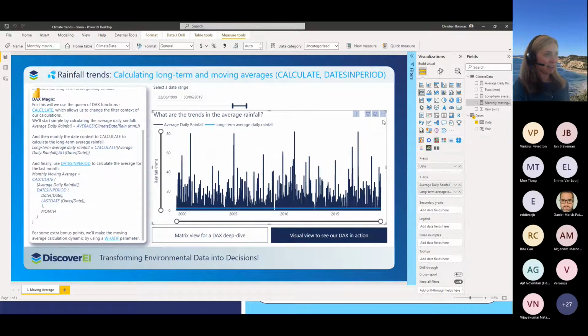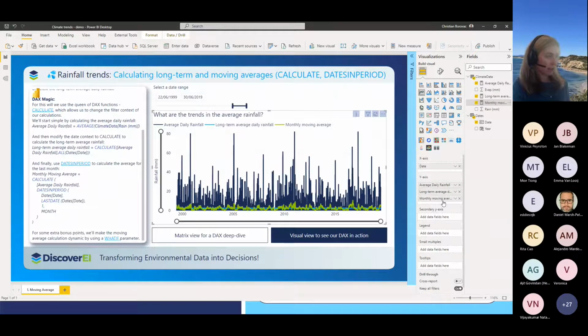So if we add this here, we can see we've got our monthly moving average. It really does take out a lot of the noise of the extreme events here.